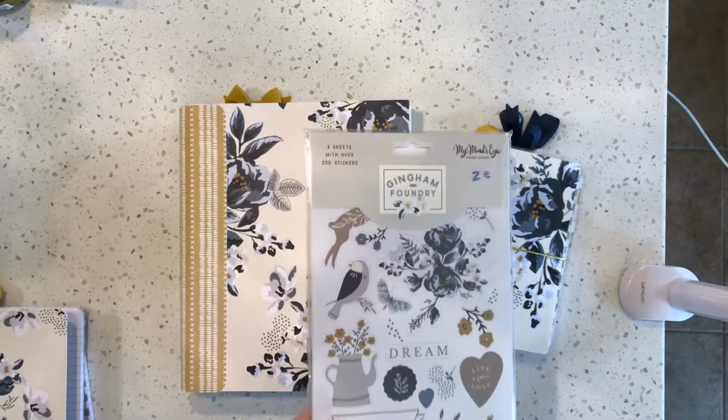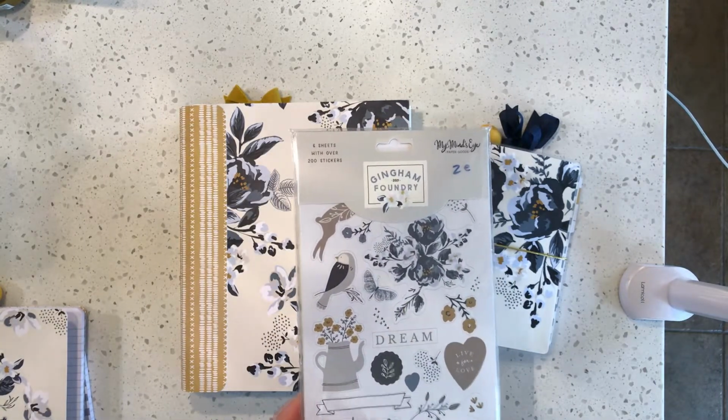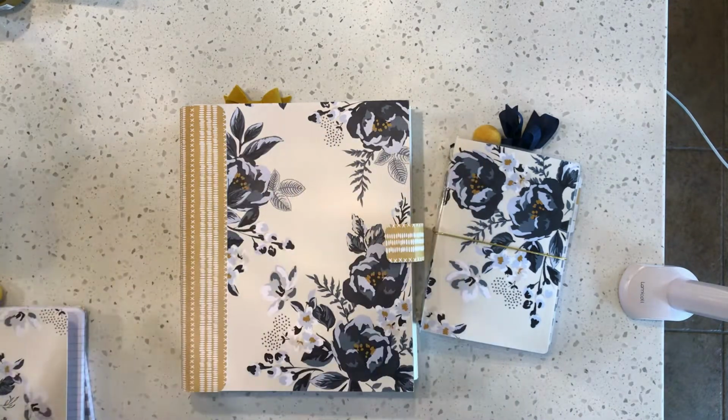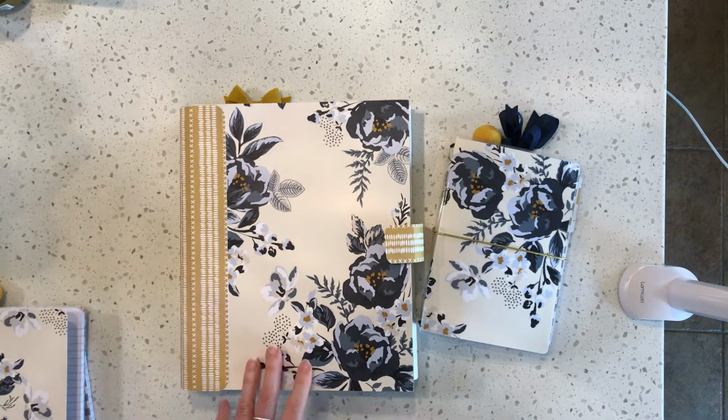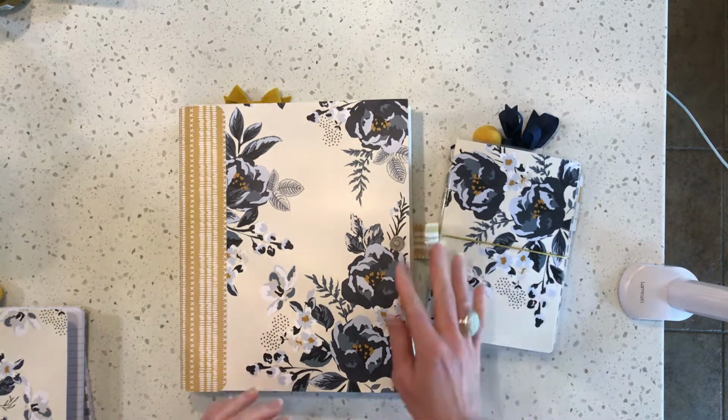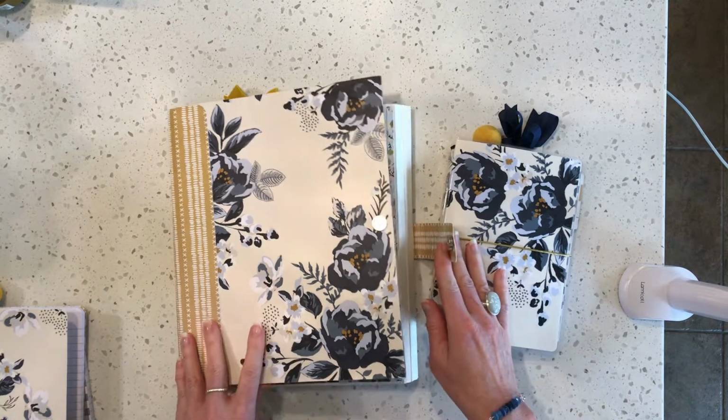So there's the sticker pack. There are 6 sheets in this sticker pack. It's beautiful. So this is the last scrapbook paper collection that My Mind's Eye will make. They have announced that they're not going to make scrapbook paper anymore, and it makes me so sad because they make the most beautiful